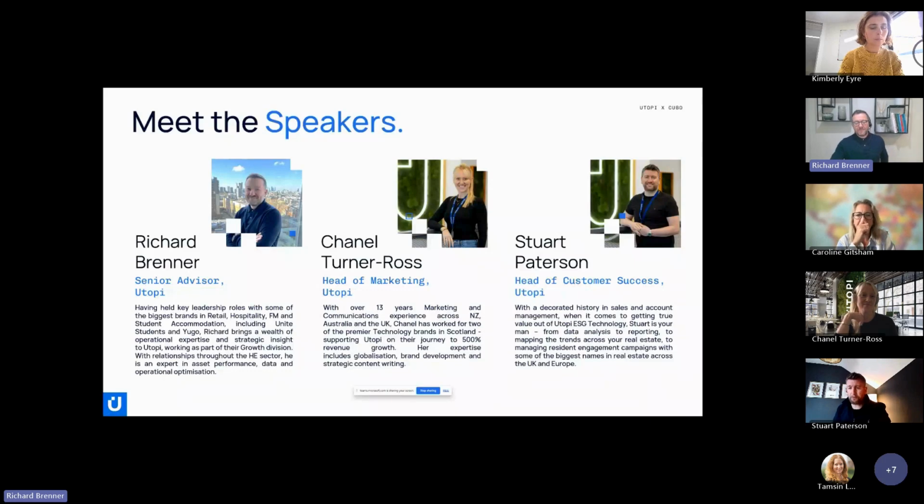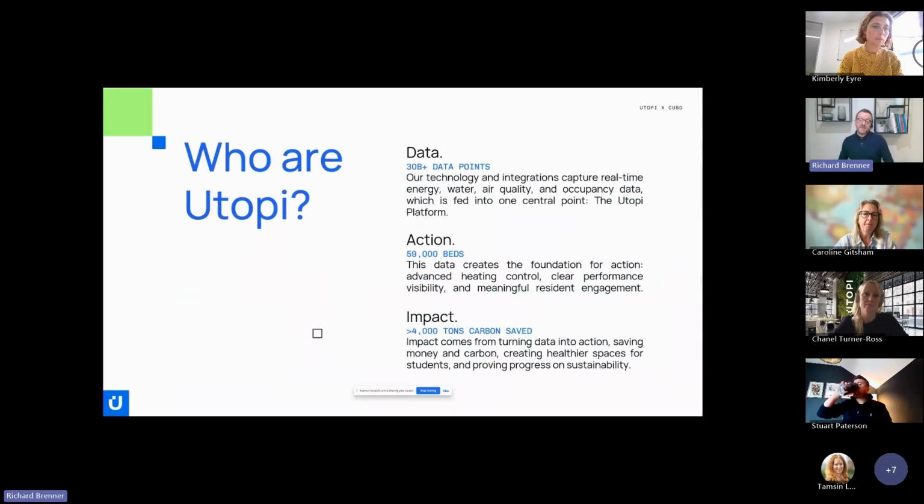Perfect, thanks both. So let's get into it. First of all is who are Utopi? And interestingly, when we came to the CUBO early part of the year, there was really just probably a small amount of knowledge and understanding of who Utopi are. But primarily, they are a smart building platform that's really targeted towards multi-tenanted businesses or buildings, should I say, helping using data to help operators, owners of those buildings maintain the quality of their buildings.